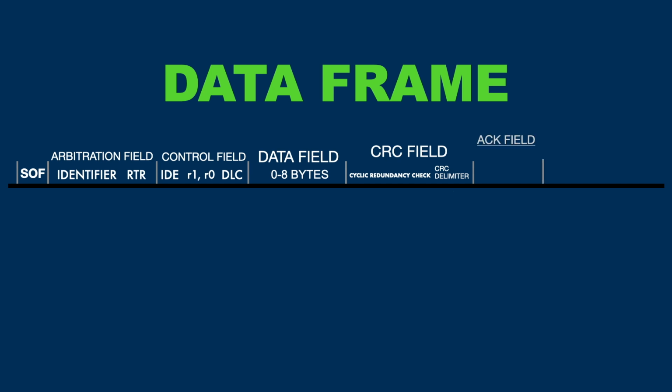After the CRC delimiter bit is the acknowledgement slot, which is used to indicate if the receiving nodes have received the message without any errors. This slot is transmitted as recessive by the transmitting node, and overridden with a dominant bit by the receiving nodes if the message has been received without errors. In case of detected errors, this field is left recessive, and the message is discarded and then retransmitted by the